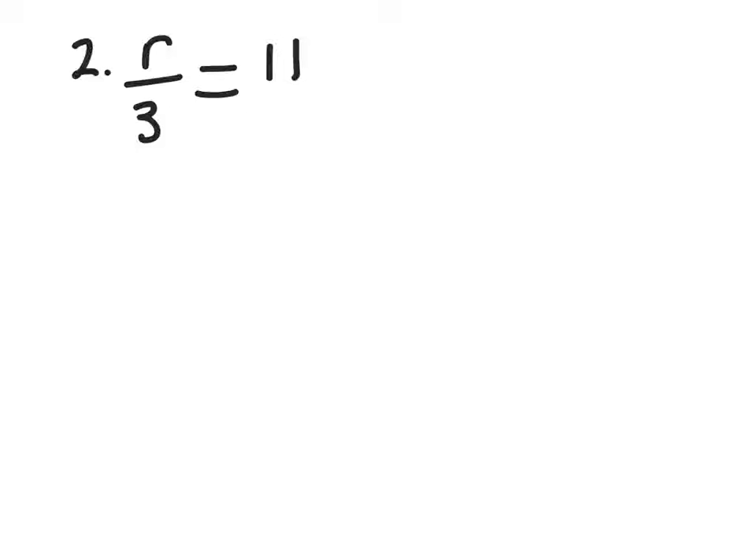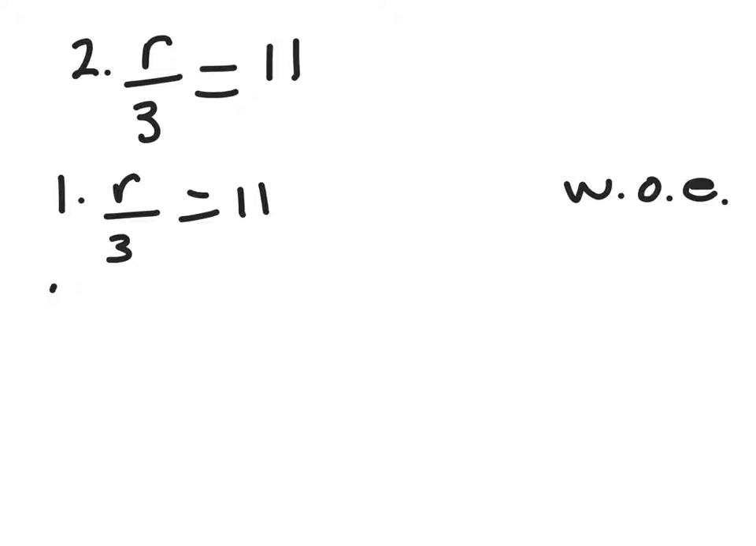So now we have r over 3 equals 11. See if you can figure that one out. Put it on pause and see if you can figure it out real quick. Hopefully you did. So the first step that we need to do here is write the original equation. And that would be that. The second step, in this case we have division, so the opposite that we want to do is multiply,